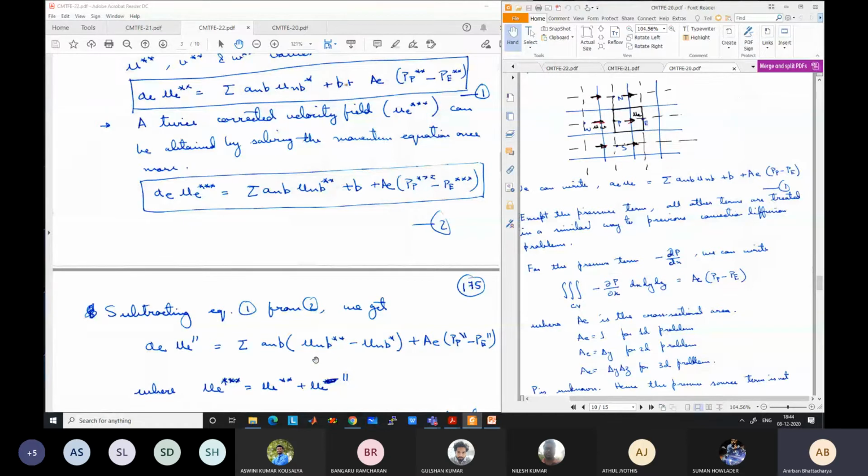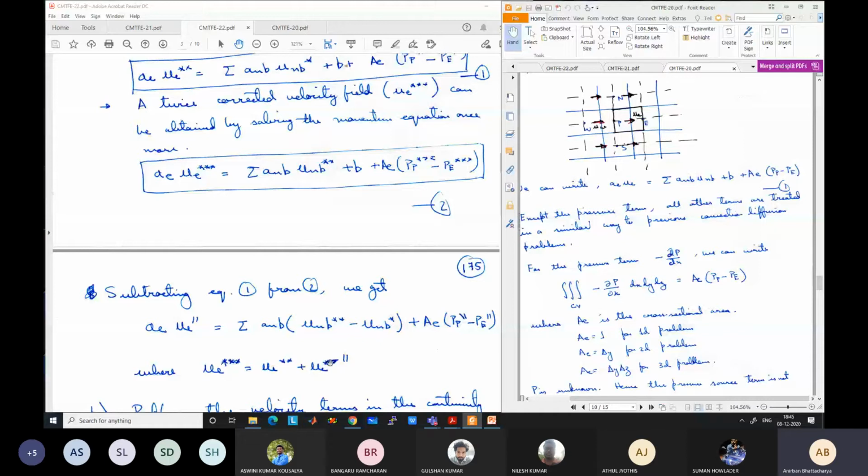Let us call this uE double dash, another correction term similar to uE dash. uE double dash is defined such that uE triple star is equal to uE double star plus uE double dash. So it is like another correction. The previous correction gave us uE double star; we add another correction to this updated value to get the second updated value. However, at this point, do we know the value of uE double dash? We don't. We only know uE double star. We don't know uE double dash because it is the difference between uE triple star and uE double star, and triple star we don't know.